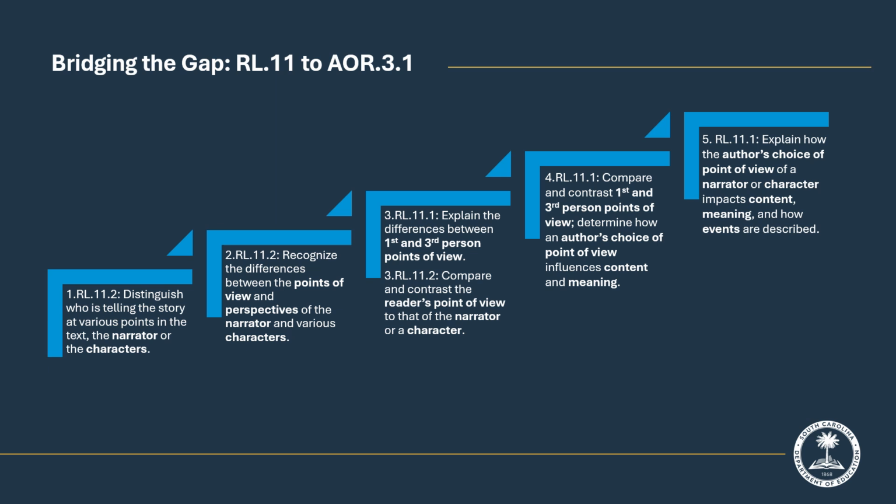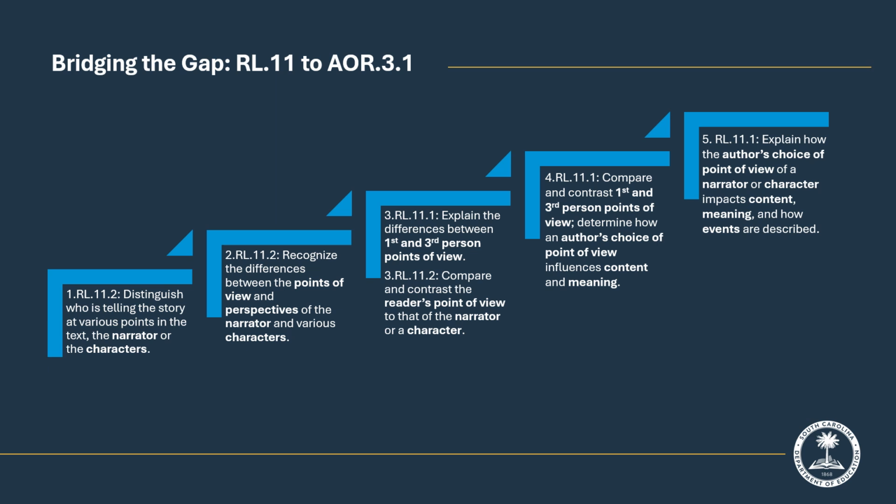Before we look at the item, we must look at the grade level indicators and how they have changed from the 2015 ELA standards to the 2024 ELA standards. Examining this shift will allow us to see any gaps in language and skills. Here, you see the articulation of the 2015 indicator RL 11.2 from grades 1 through 5. You will also notice that in grade 3, RL 11.1 joins the articulation and RL 11.2 drops from the indicators.